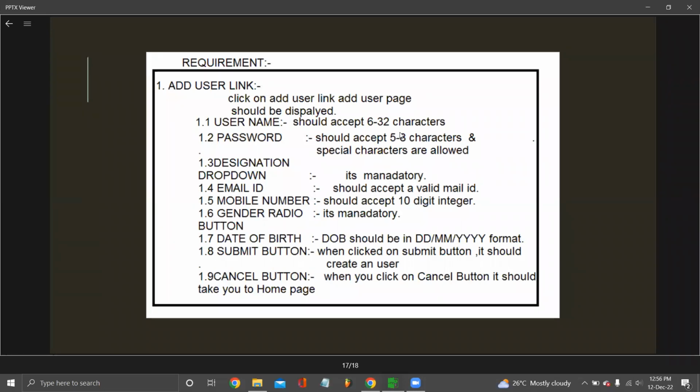In a generic way, it covers alphanumeric, special characters, numbers also. Character is a generic word which will cover alphabets, numbers, and special characters too. So if it is written character here, and if it is written character and special character, it means this character